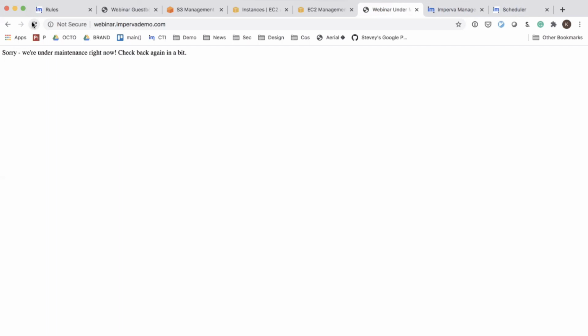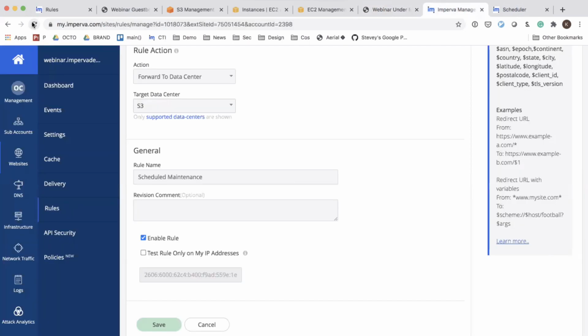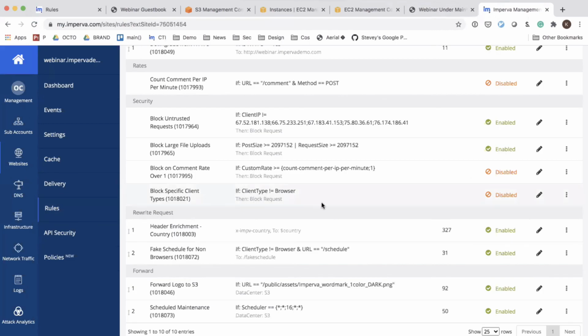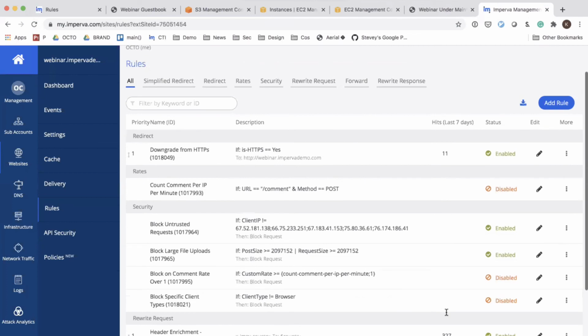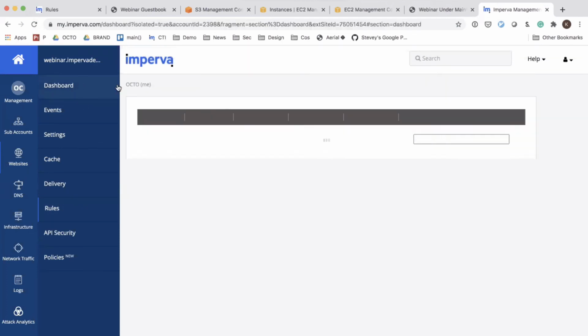And if you wanted to, you could disable the scheduler, you could disable any and all of these rules. And of course, you can see how all these rules are taking action inside of your own environment. A couple of quick highlights and things to share. You can see hits for specific rules that we see over here. And then we also have the real-time dashboard.